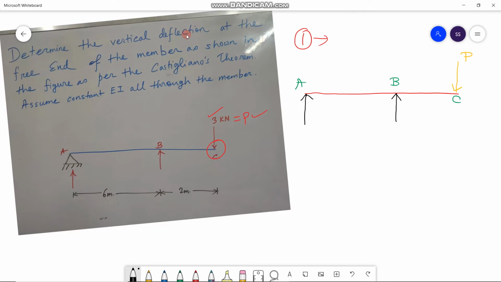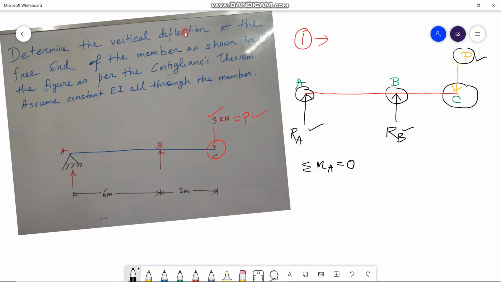Now we have to calculate the reaction forces at point A and at point B with respect to the force P, that means the concentrated force P working at point C. So we have to calculate RA and RB, that means the reaction forces working at A and at B with respect to the force P working at point C. To do so, let us take the summation of all moments about point A